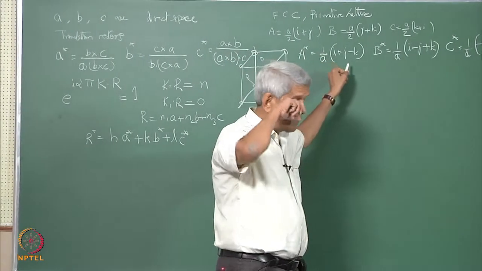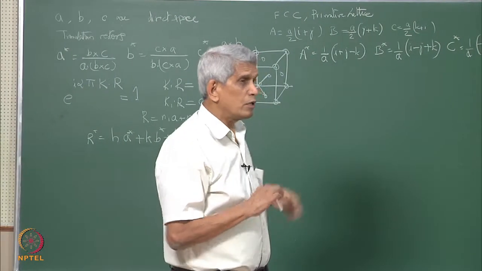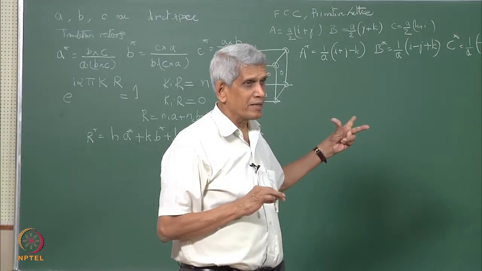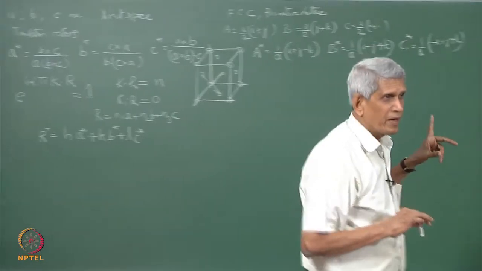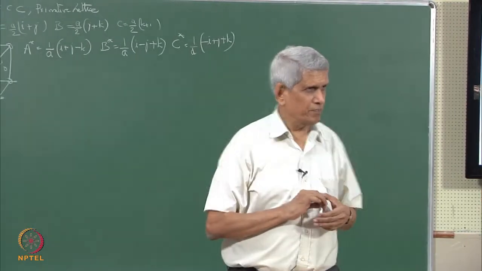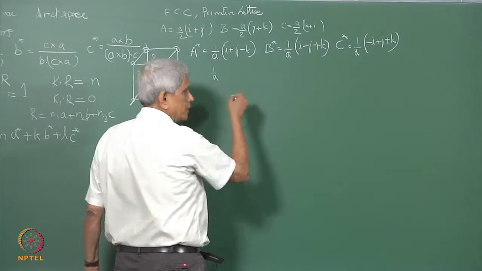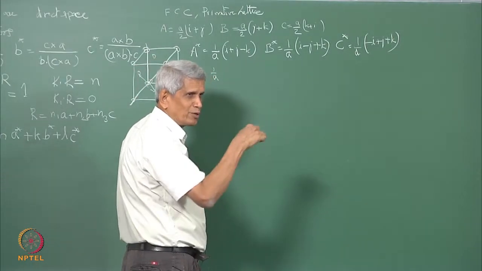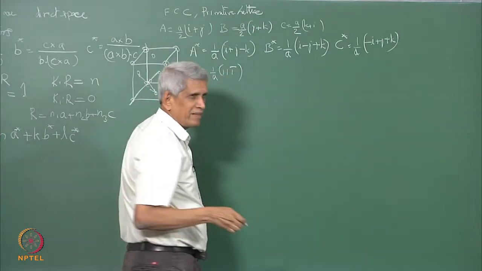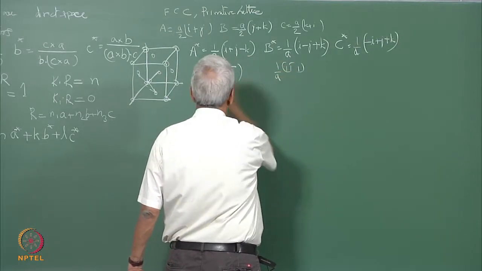What does this a star in the reciprocal lattice mean? BCC is a structure. Essentially, this represents the translation vectors of the reciprocal lattice which we are looking at for the primitive lattice, right? This will be nothing but 1 by a. Normally, conventionally, how do we represent a vector 1 0 0? So if you write it like this, this will be 1 bar 1 1, with 1 by a.